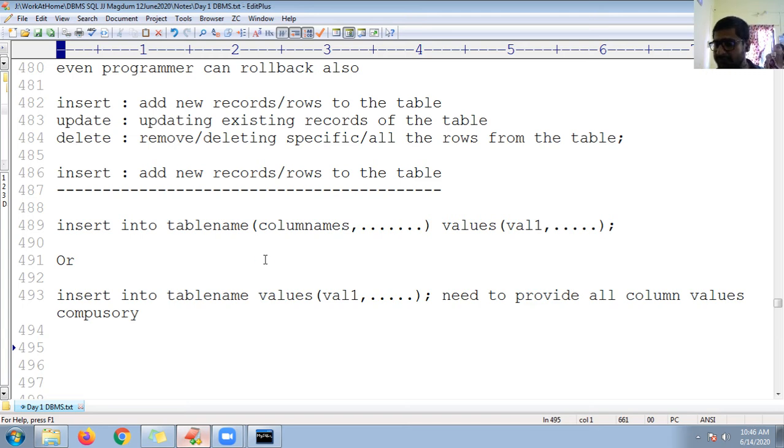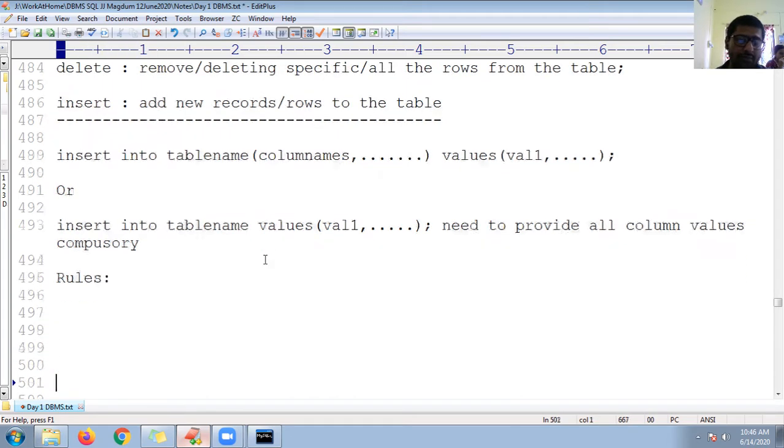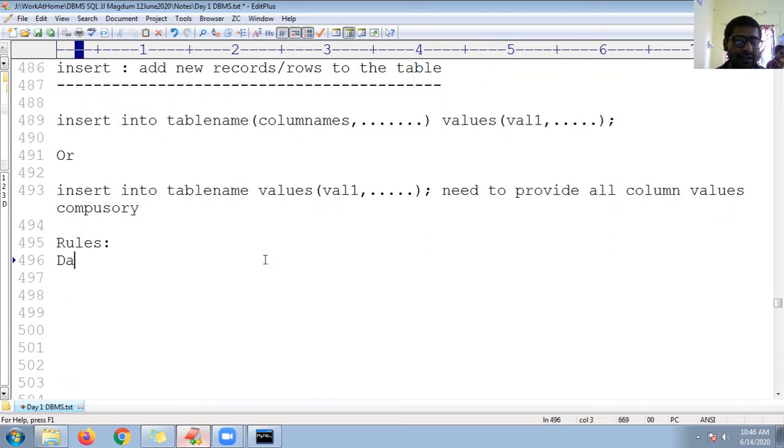But before we insert, you need to know the rules. For example, if you are trying to insert a date, the generally used date format for MySQL is year-month-day.